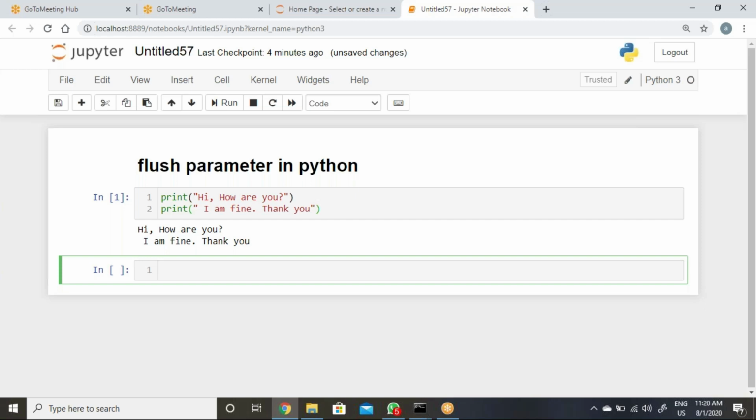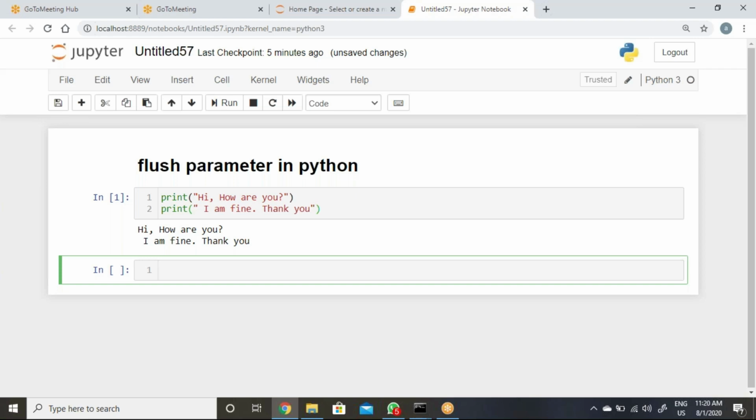The interpreter will display them at a time, but whenever you want to make it flush for some time, for the next line, so from line to line, if we want some space or some time period, or you can say sleep mode, then we can use the flush parameter.